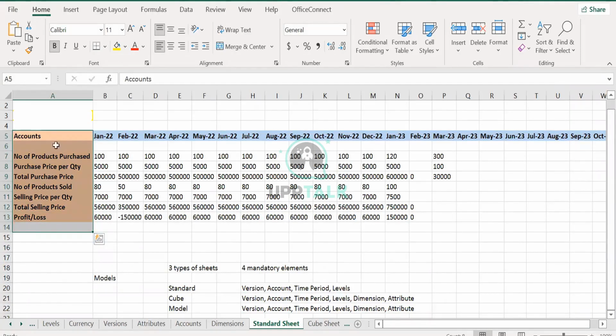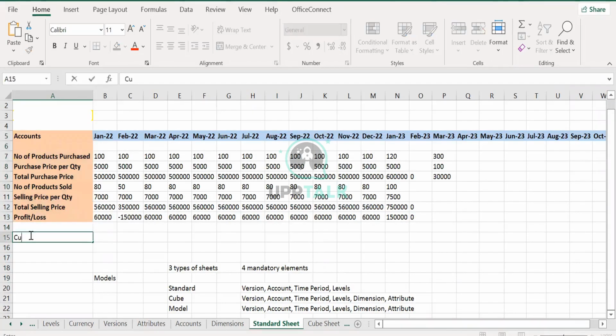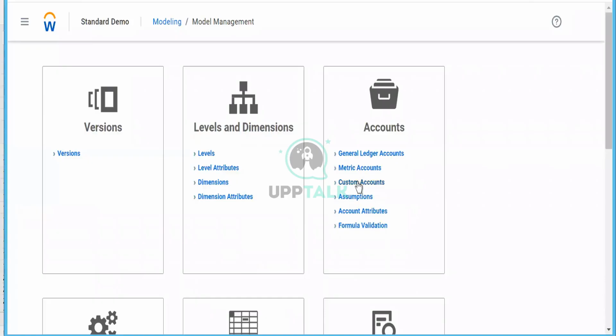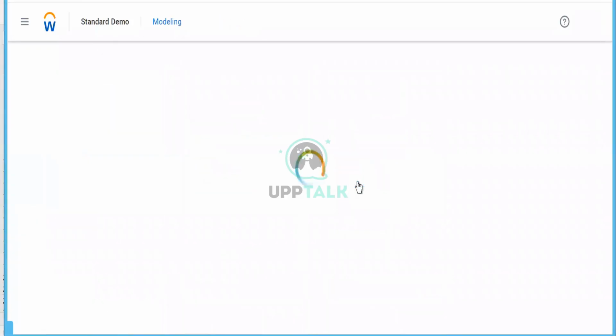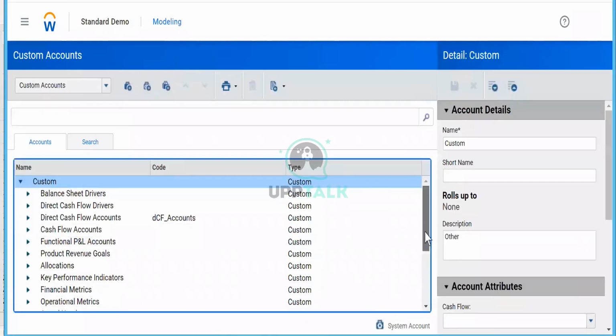Looking at this, do you think this is a normal chart of accounts structure or a GL account? Do you think it's a GL account or a customer card? Perfect. We will create this as a custom account like we did yesterday. These are custom accounts. Now I'm going to open custom accounts. I think we created it yesterday. We will just have a look at how it was created.